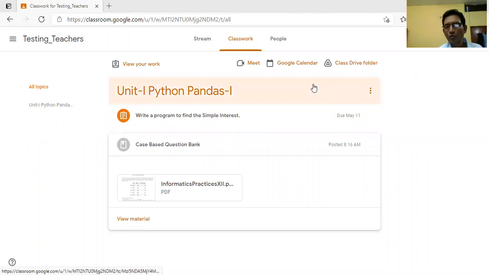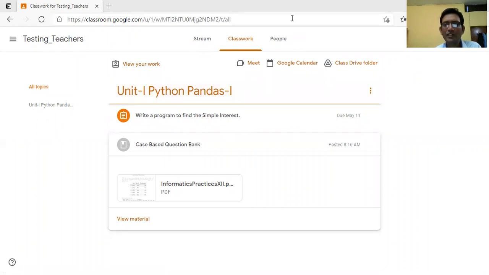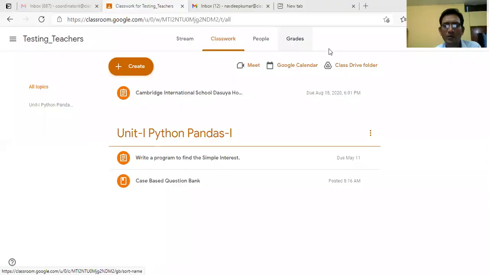Now what is the purpose of Google Calendar? Whenever we are assigning any assignment to the student, or to the teacher view also, in both sides. So I will show you from the teacher view what is the use of this Google Calendar. So I am back to the teacher's view. So Google Calendar, to be noticed, like when I click on the Google Calendar,